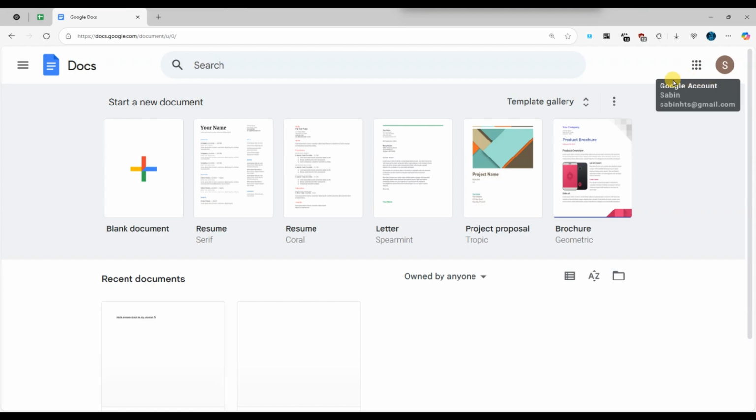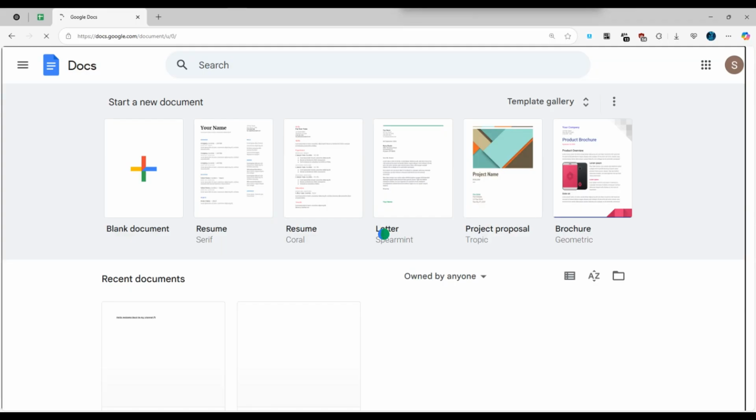Once you are signed in, you will see a dashboard showing your recent documents along with templates like blank documents, resume, reports, and more. To open a document, simply click on any of the files listed on the home page. If you want to create a new one, click on the blank document with the plus icon at the top